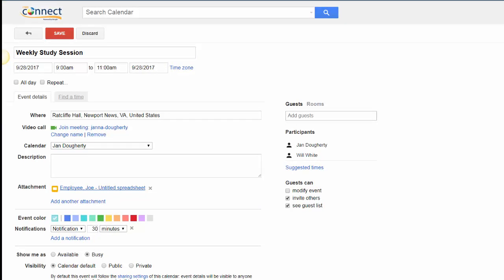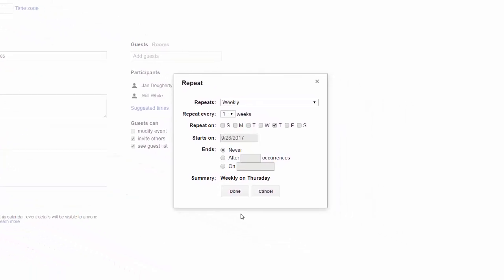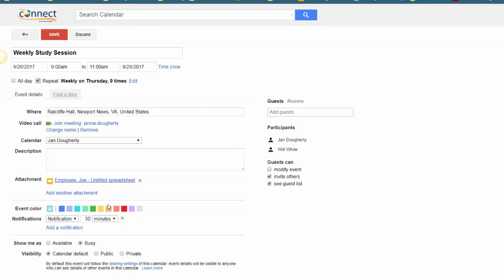Finally, if you're creating an event that should be happening multiple times on your calendar, you can set an event to repeat itself using the Repeat option. When I check this box, it'll pop open a window with some details that let me set when and how long it will occur. In my case, I'm going to set it to happen every week on Thursday, but I'm going to set it to only recur about 9 times, which should be enough to last for the semester. Once I click Done, I'll see the details of my repeat schedule at the top of the event.